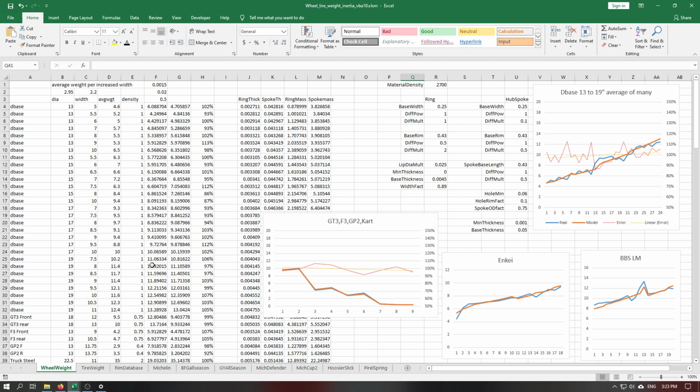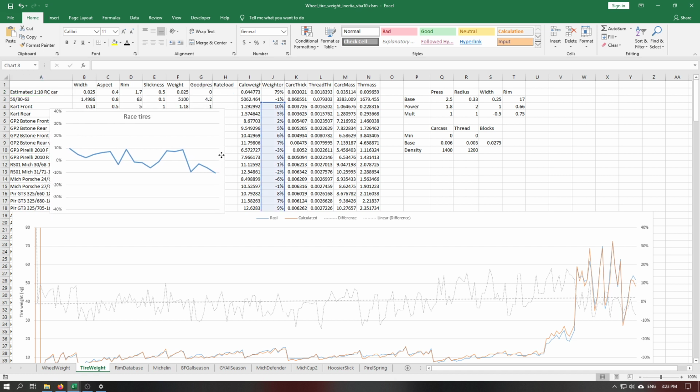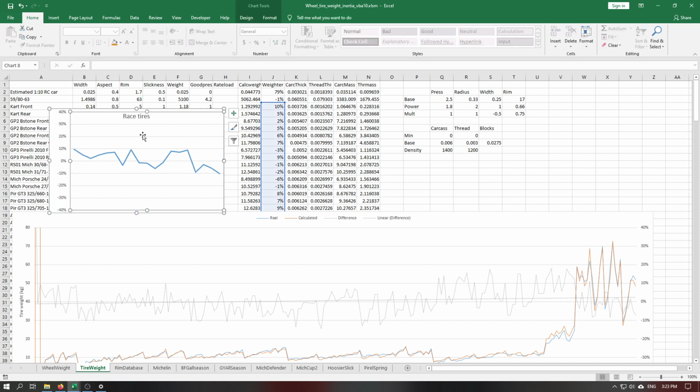So we know how heavy the tires are, and they have some properties. In this case, they have a diameter in inches. Here we are. They have a certain width in millimeters, an aspect ratio, and a rim diameter in inches. Typically that's inches, don't know why. Then there is a subjective parameter, the slickness. If it's 1, it's a full slick, and if it's 0, it will be a super knobbly off-road tire. I use that to compute the thickness of the thread blocks, which will add to the weight and the inertia,